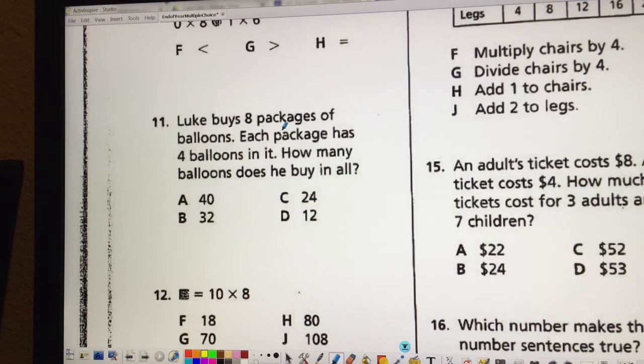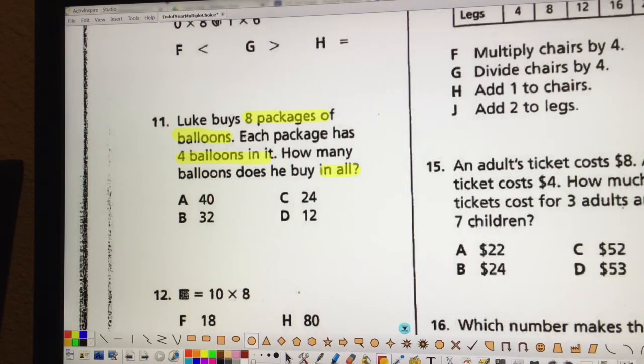Number 11, Luke buys 8 packages of balloons. Each package has 4 balloons in it. How many balloons does he buy in all? I'd be drawing a picture, right? He has how many packages of balloons? 8, right? So if I get my packages